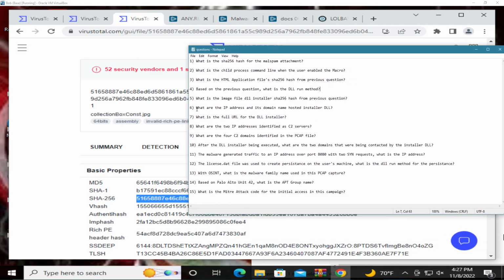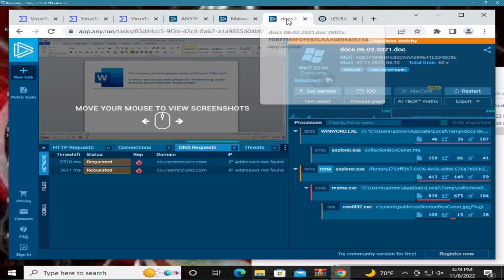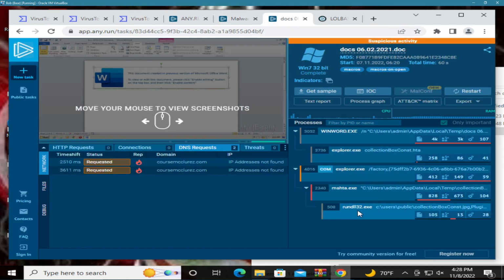Alright, so question number 6, what are the IP addresses and its domain name hosted installer DLL? Okay, so this was a little tricky. One of the things that I did find is from going to the actual. So I'm actually looking at it right now, but when I was trying to understand what they were asking, these processes basically ended up,